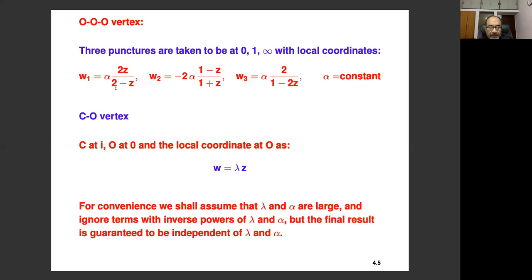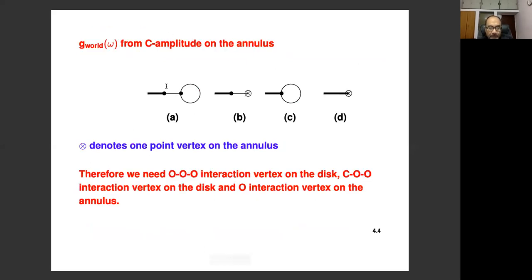And that makes life a little easier because otherwise you have to basically average over these different choices. If you go back to the previous diagram, for example, here, if we didn't choose a cyclically symmetric vortex, then you have to worry about whether for this open string you use W1, W2, or W3, and you have to average over all 3 choices. But because we have chosen the vortex to be cyclically symmetric, all of them give the same result. So we can take this open string to be any of the 3.